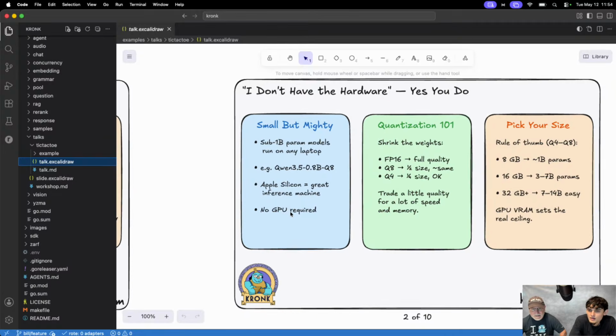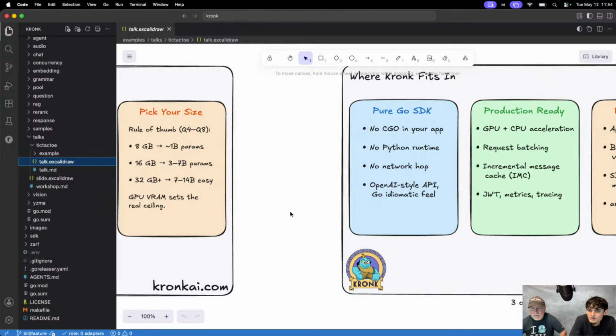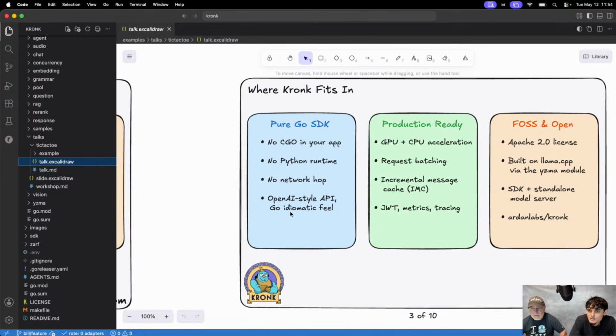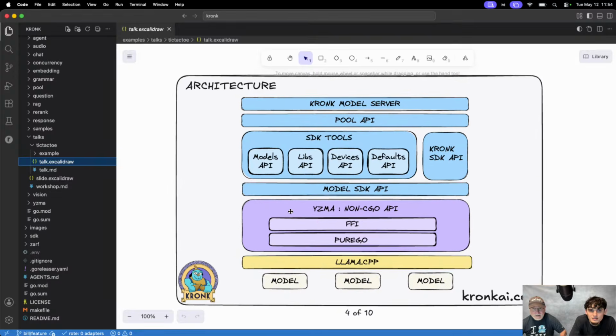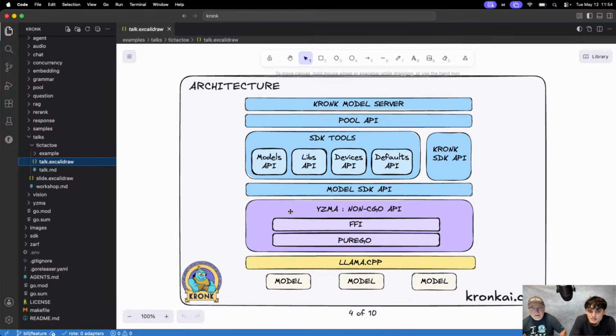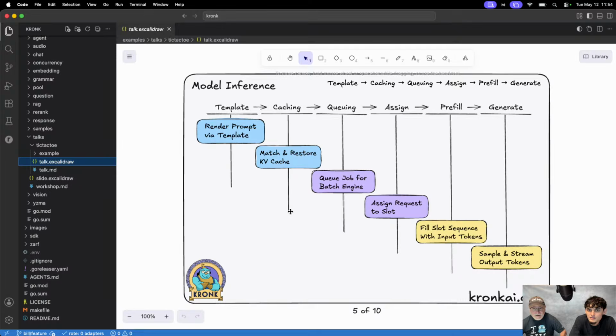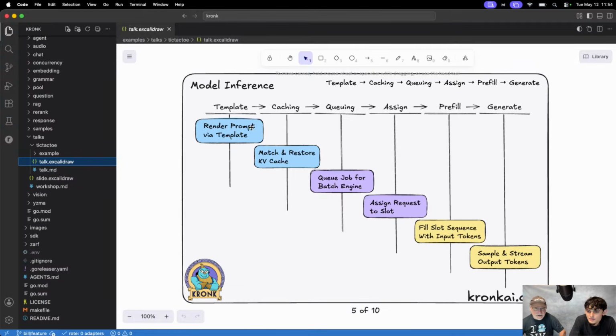All these are questions that have come up before. And then I walk people through all the things that Kronk has to do in order to make the magic happen at a high level. There's a lot of details that go in here, but at a high level.